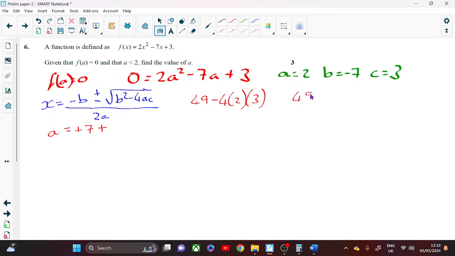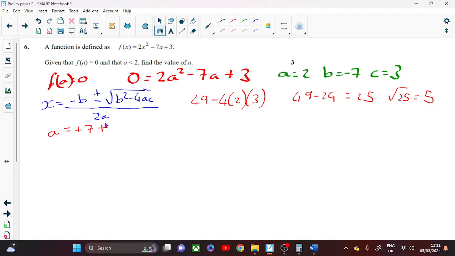So 49 take 24, which is, you're allowed your calculators, remember, 25, and it's the square root of that, so the square root of 25 is 5. This is why I know this one is possible by factorising,